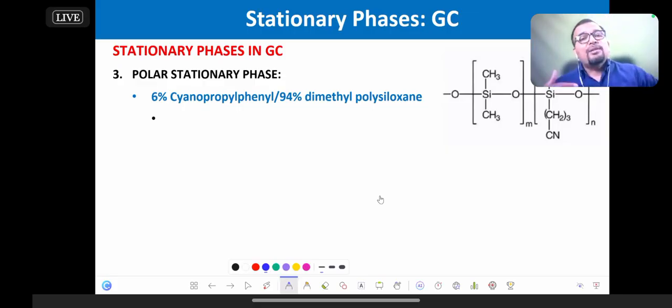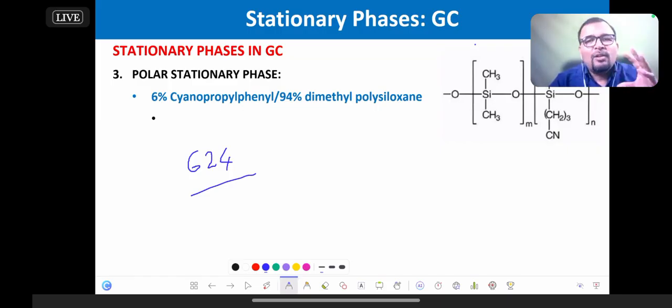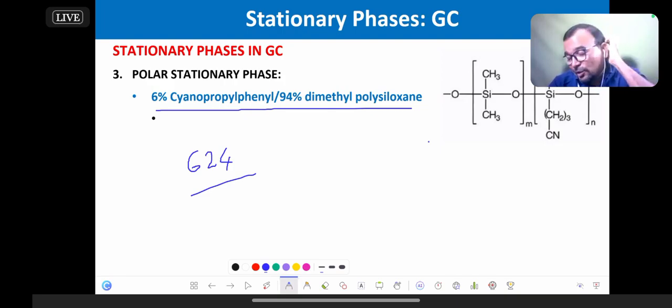It is a DB624, BP624 column. 624 column, 624 column. Okay, it could be a little mid-polar, but we'll talk about it in the sense of its polarity. No worries, Kiran. So let us now understand what types of interactions are possible in case of 6% cyanopropyl phenyl